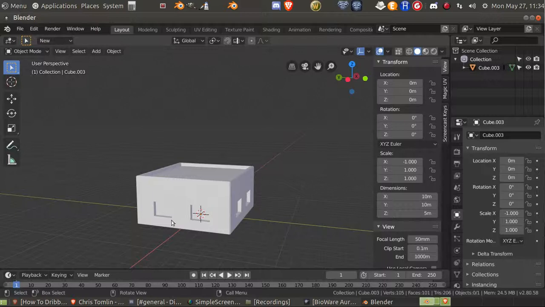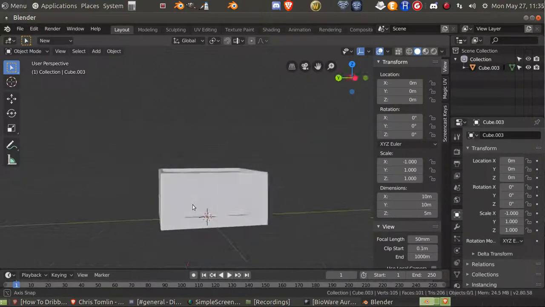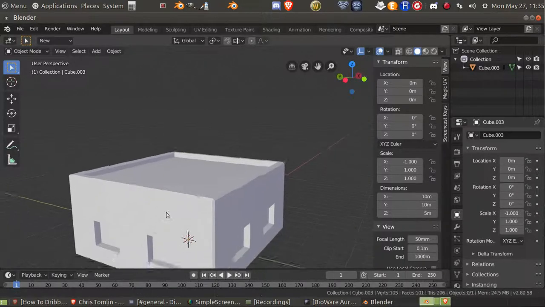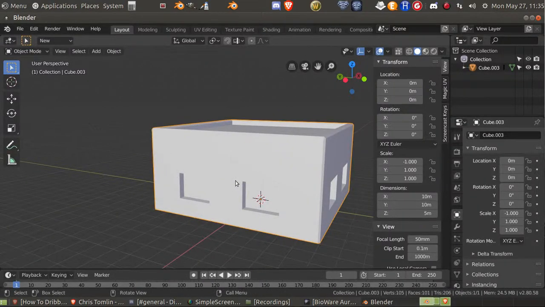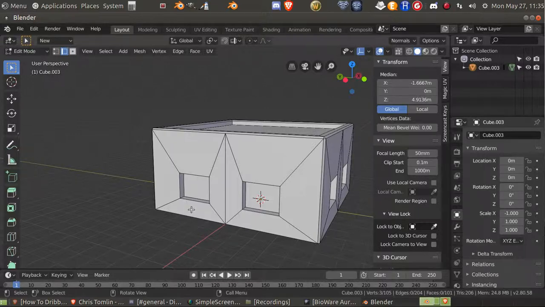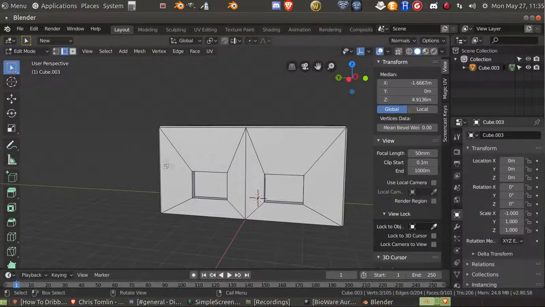Then we have a building now, but if you want a building and you don't care if it has a door because it's just going to be part of the other buildings, then that's fine, you can leave it. However, I would like a door for this building. So tab, we will go to